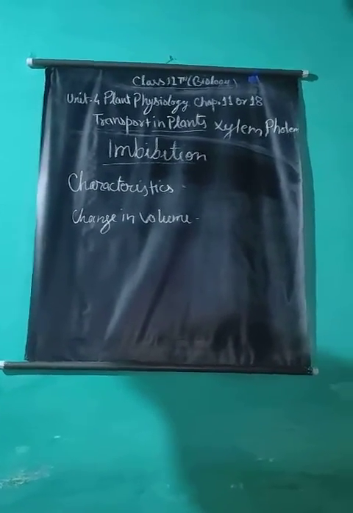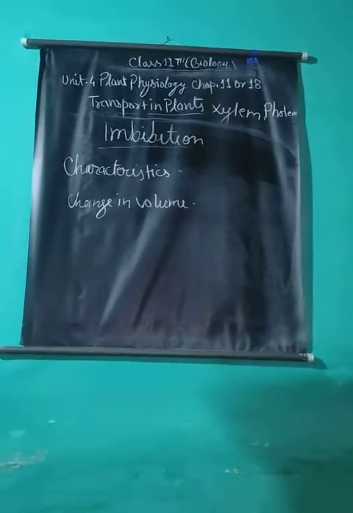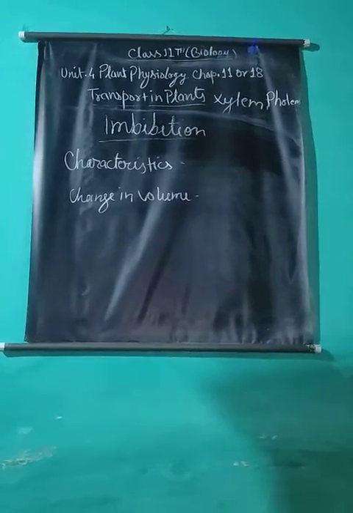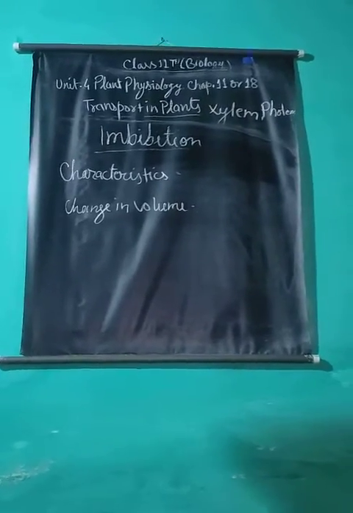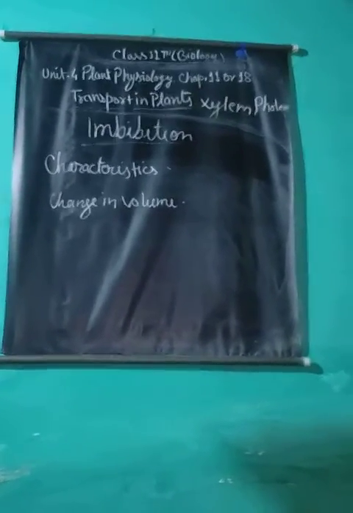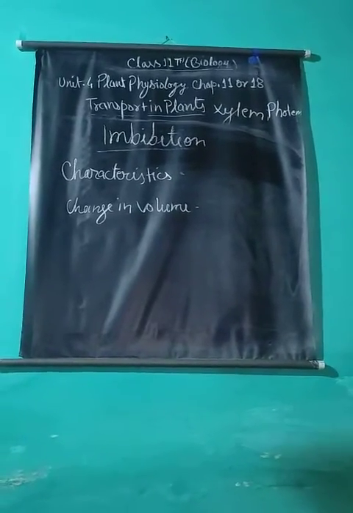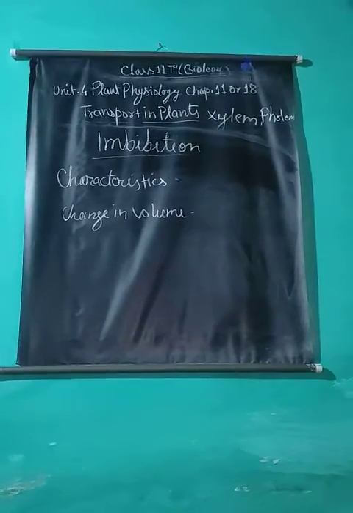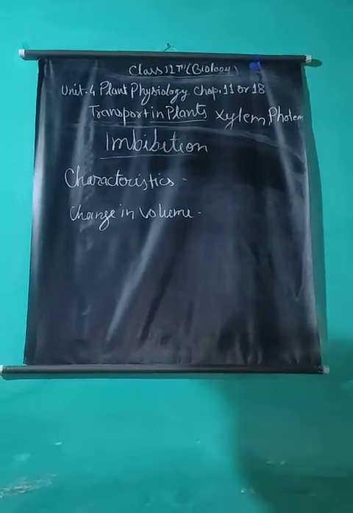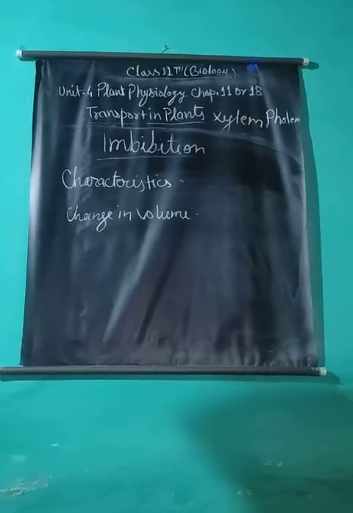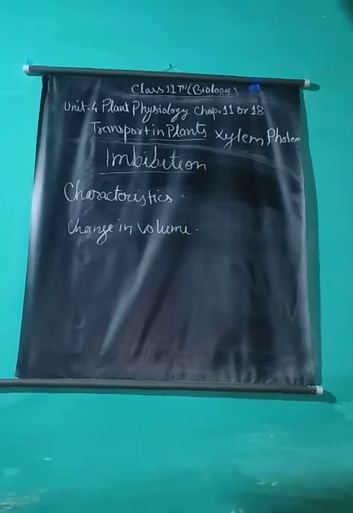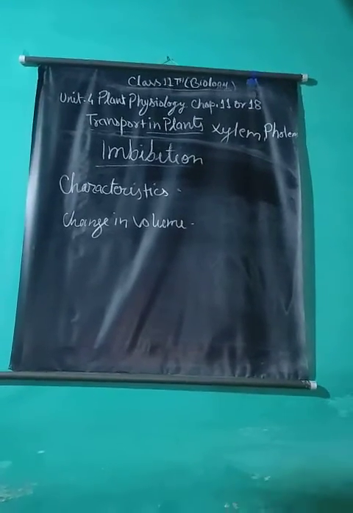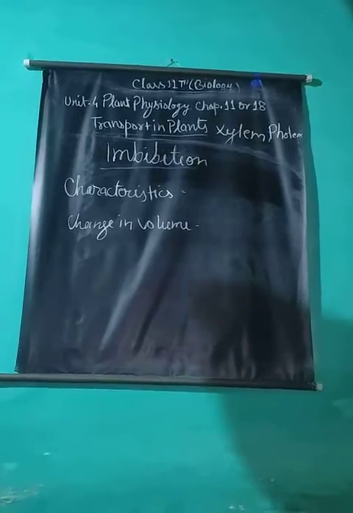There is an increase in the volume of imbibants like seeds due to imbibition. Likewise, there is a corresponding decrease in the volume of water or solvent in the system. Production of heat. Imbibition results in an increase in the temperature of the imbibition system. This is due to an increase in the kinetic energy of water during imbibition.